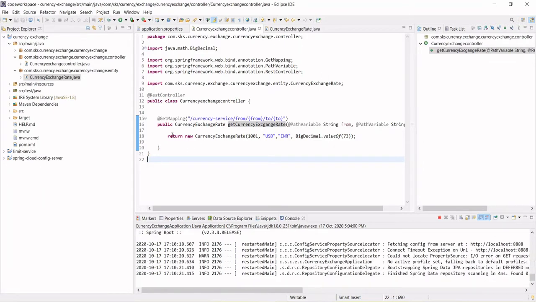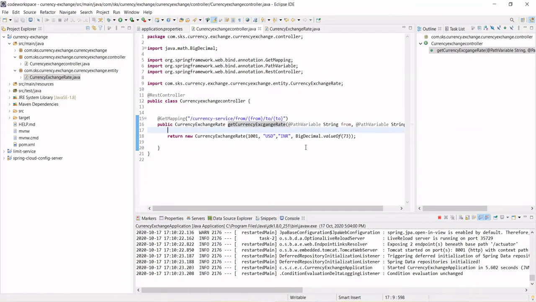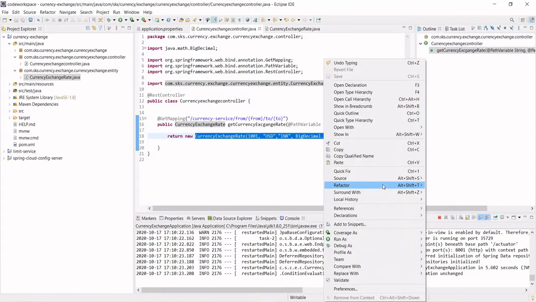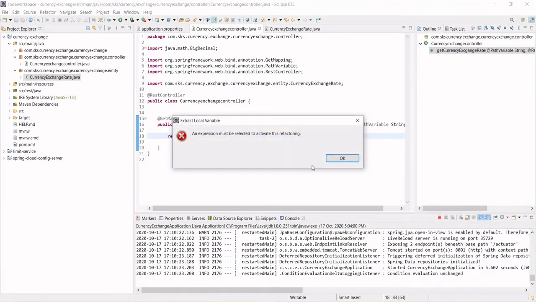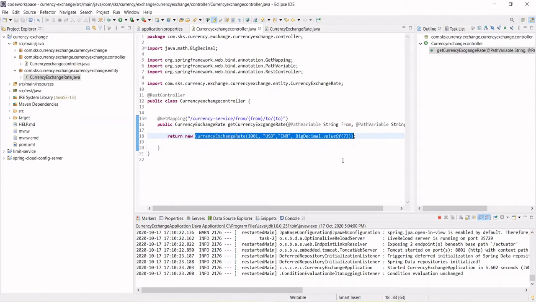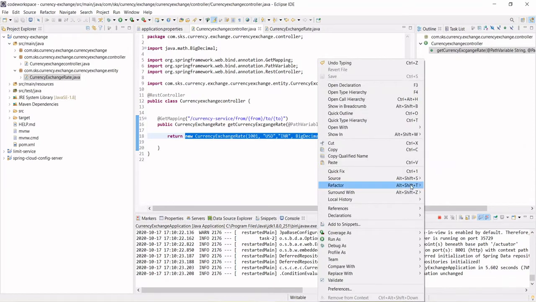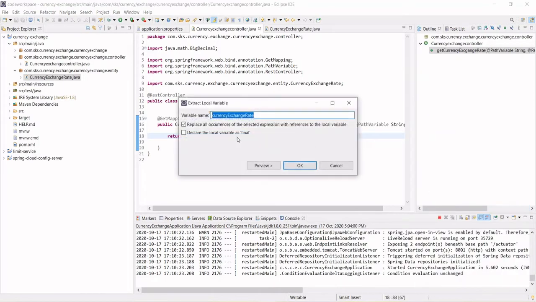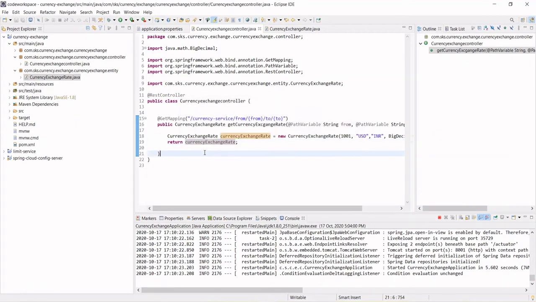So let's set this. I will not set this in a constructor. Let's assign this first to a local variable. How will you do this? Right click, go to Refactor, Extract Local Variable, and create a variable with the name currencyExchangeRate.